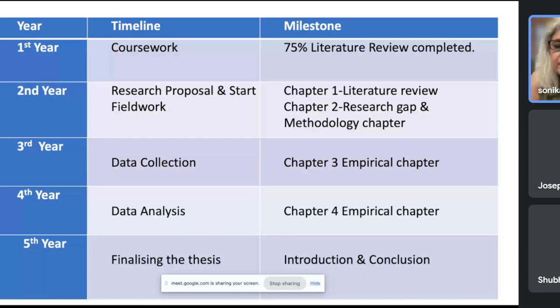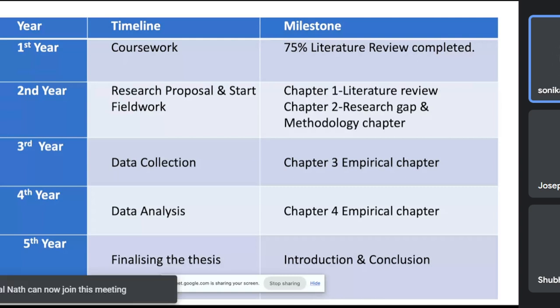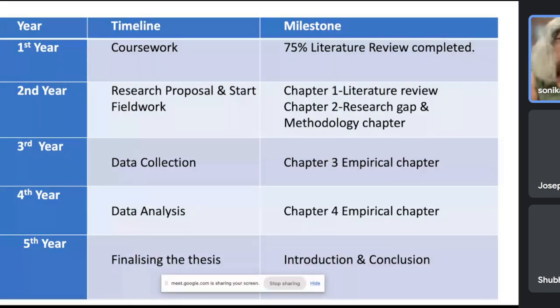Okay, once you have, in discussion with your supervisor and your doctoral committee, figured out what your research gap is and presented to them what your methodology is, that is the time to venture into data collection, whether it's field work, whether it's archival work, whether it is working with primary sources. This is the year where it is very easy to let time pass by without much